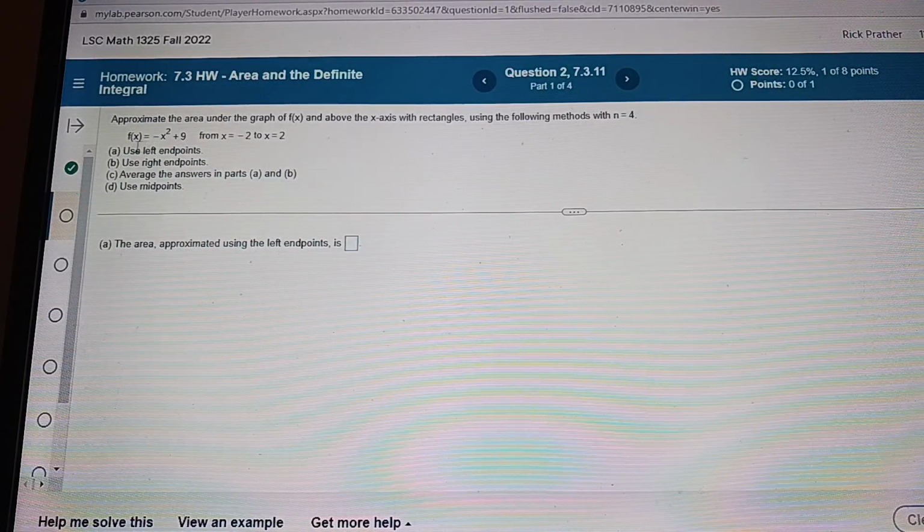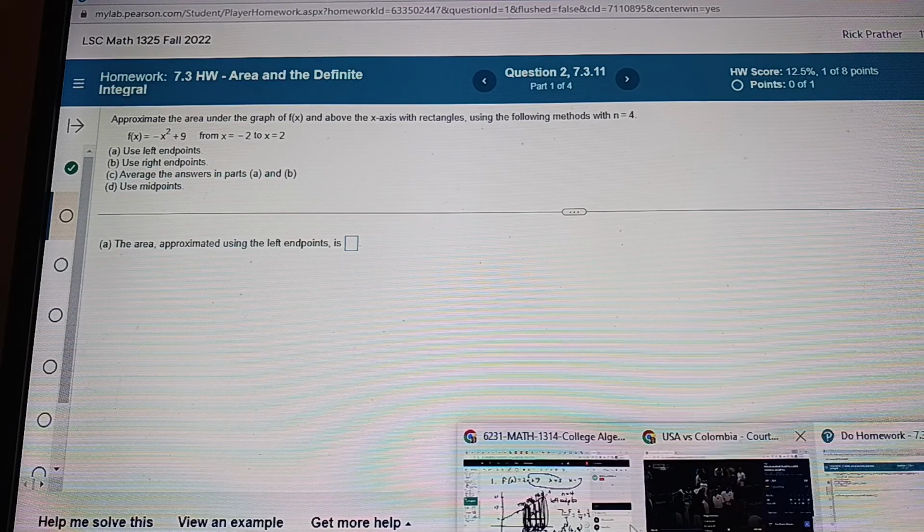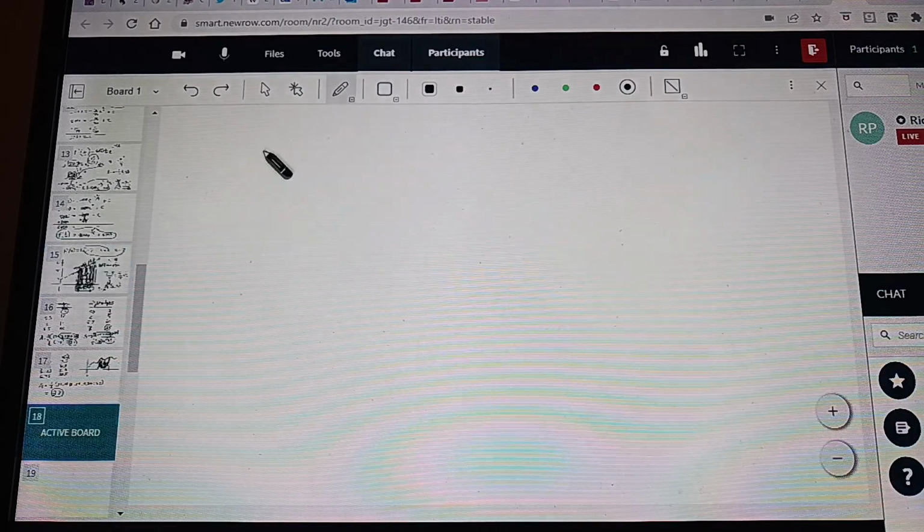Okay, now let's do a quadratic one. F of x is negative x squared plus 9. And we're going from -2 to +2. And again, they want 4 rectangles. N equals 4, but later they'll change that. And this one will actually be a little bit nicer for the width,